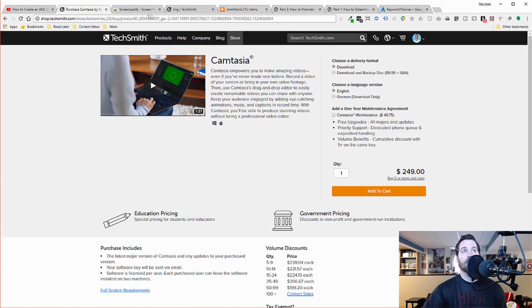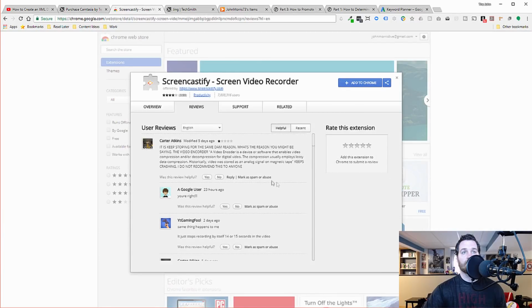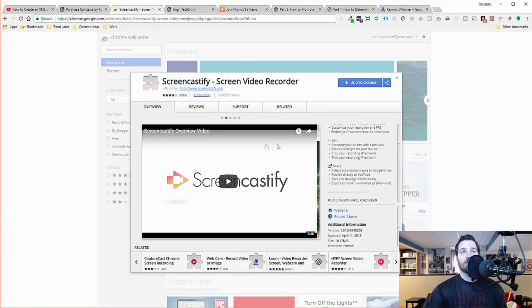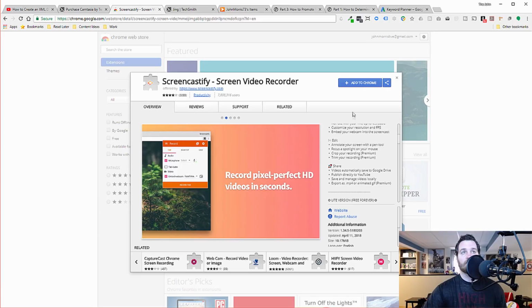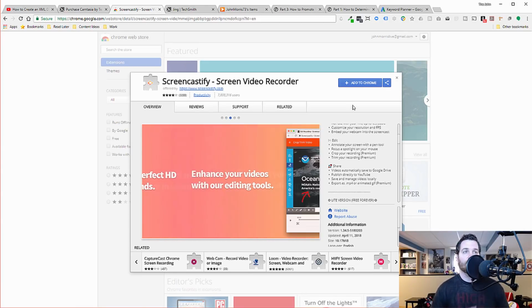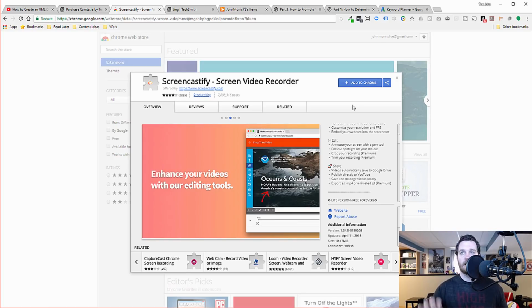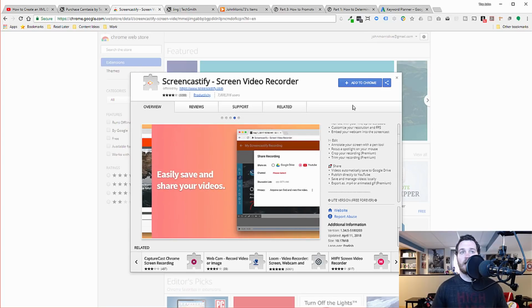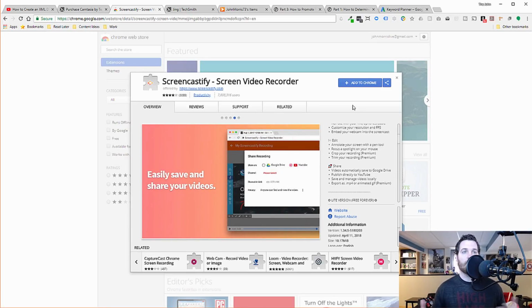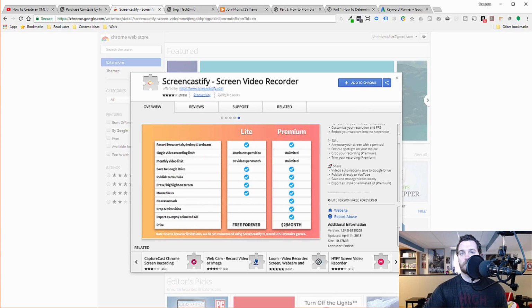So another option that's out there is something called Screencastify. And Screencastify is a Chrome extension that will allow you to record screencasts. And it will record your microphone. You can record a certain area. You can record a tab. You can record the whole desktop. And then it will save those videos automatically to your Google Drive, since it's a Google Chrome extension. They do have a $2 a month premium thing where you get some extra stuff in there, but